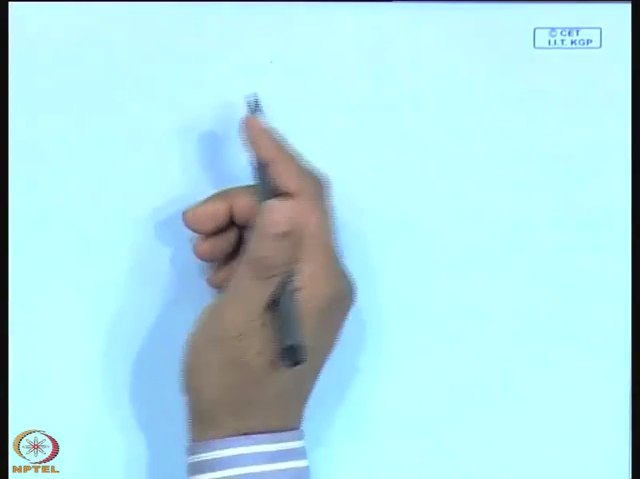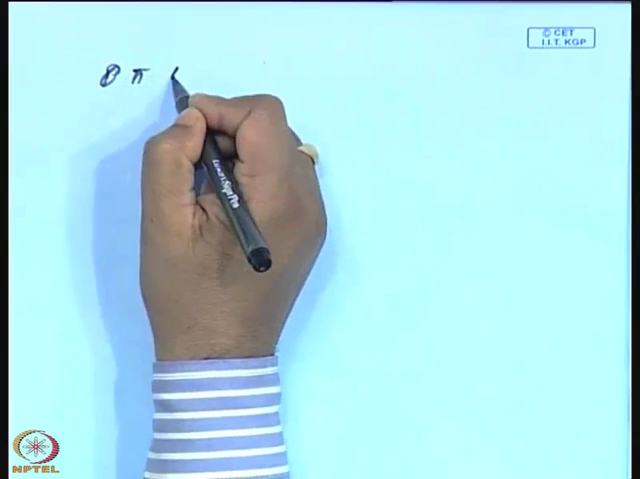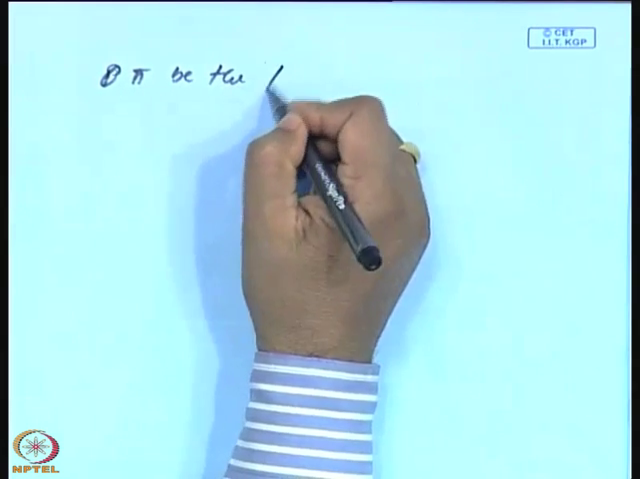And once we have q, but since this wall is also a streamline, we also can see what will happen to the force, the pressure on the wall. So if I say pi be the pressure at infinity,